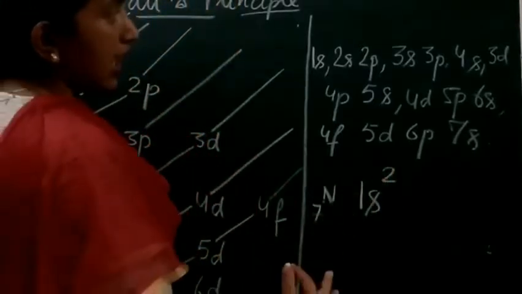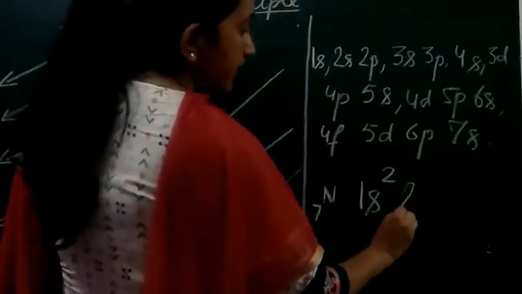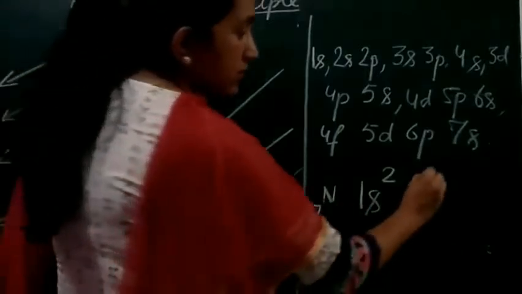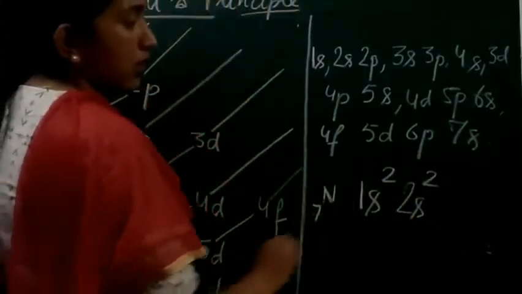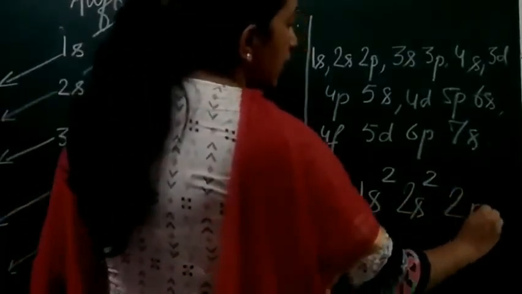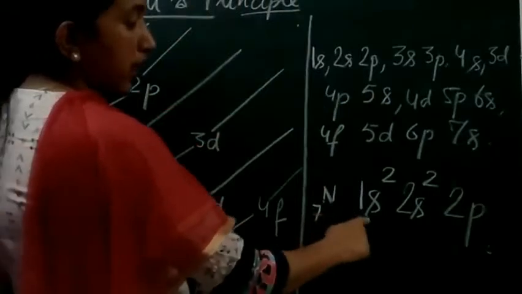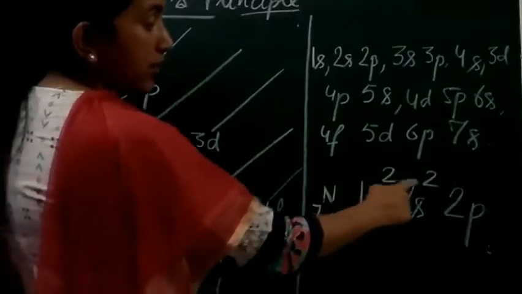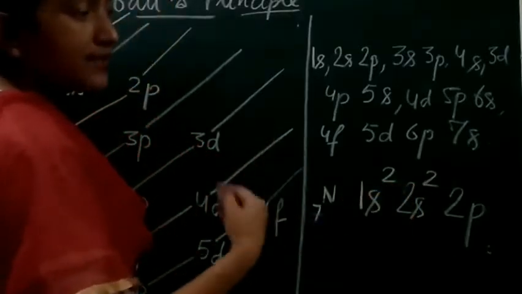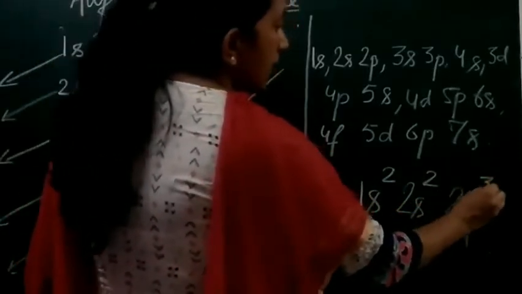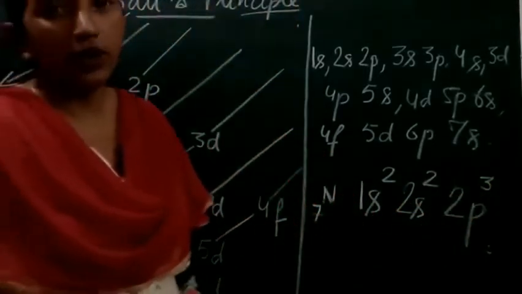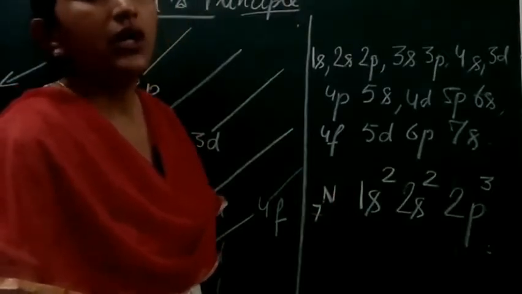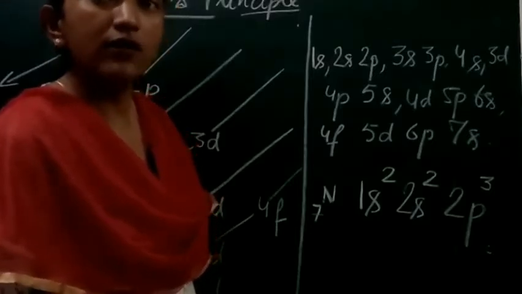Now for the third electron we have to jump to 2s. Here also it is an s subshell. It can accommodate a maximum of 2 electrons. So in this way, 4. Now comes the turn of 2p. The electrons required now: we need 7, we have filled up 4, now we require 5, 6 and 7. So it will be 3. Now students, the p subshell has got 3 atomic orbitals, and in each atomic orbital we can have 2 electrons. So 3 into 2, so 6. That means in the p subshell we can accommodate a maximum of 6 electrons.